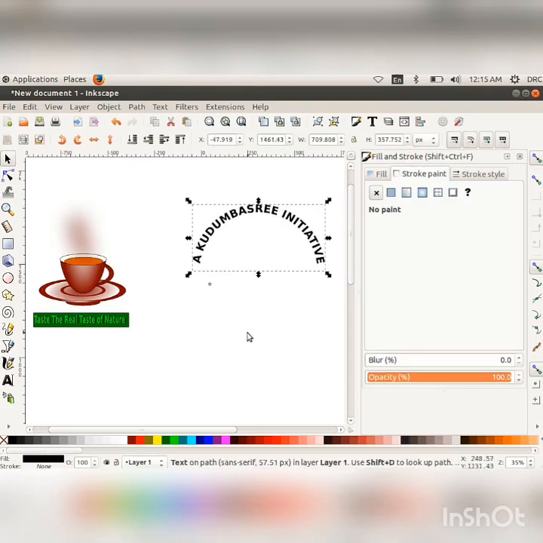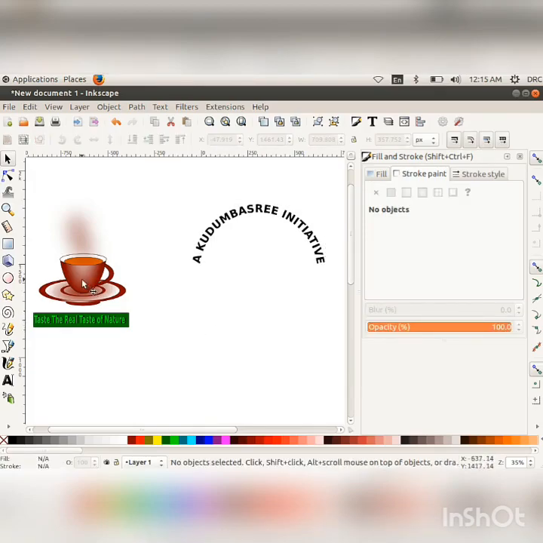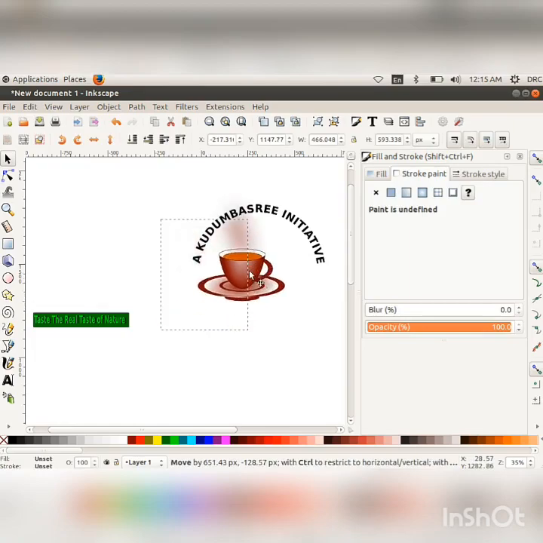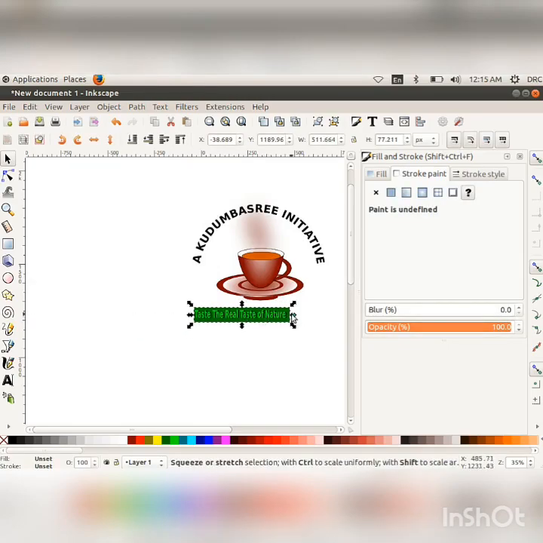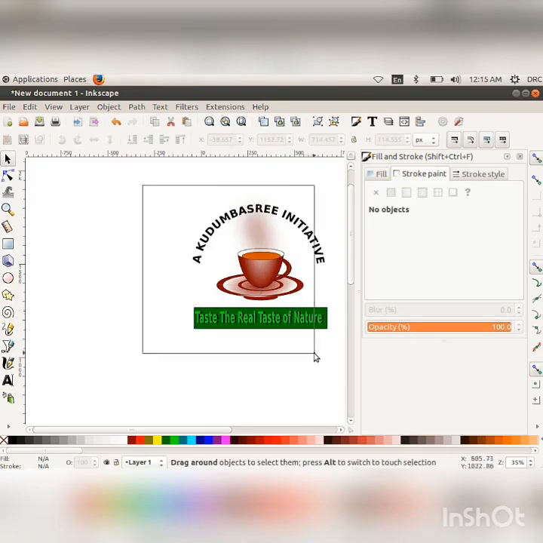Move all the objects into the appropriate places. Select all the objects and click on Object menu, Group option.